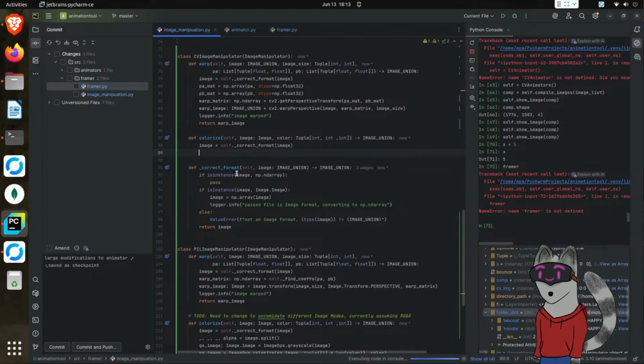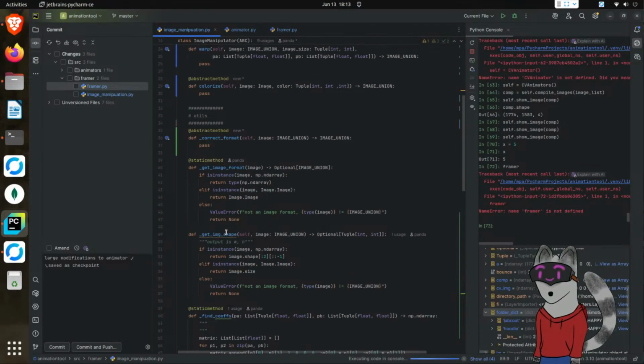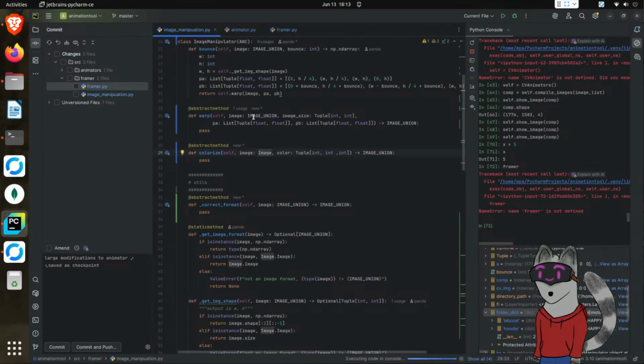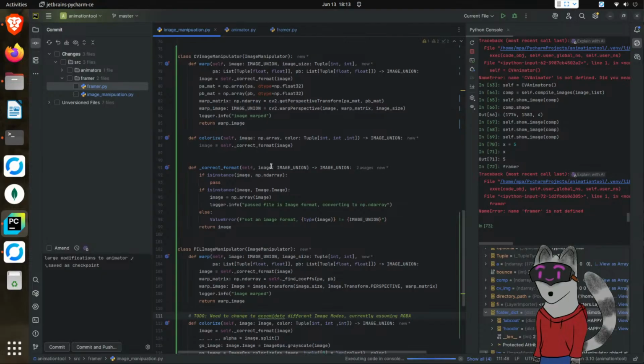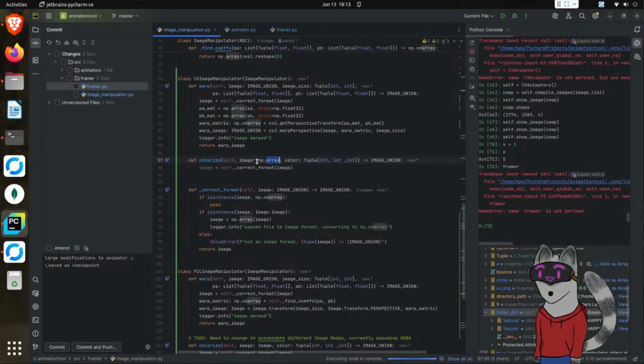So let's see here. Now we just need to colorize. Because this is going to be, oh, and this needs to be a numpy array. Let's see, colorize up here. So this needs to be image union. Actually, there we go. And then here, this needs to be as well. But yeah, what we're working with here are numpy arrays. So now that we're here,